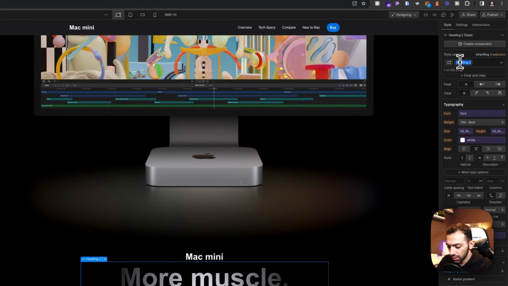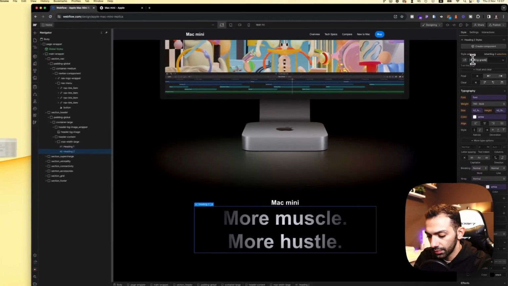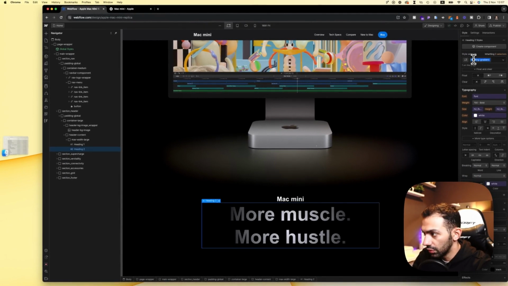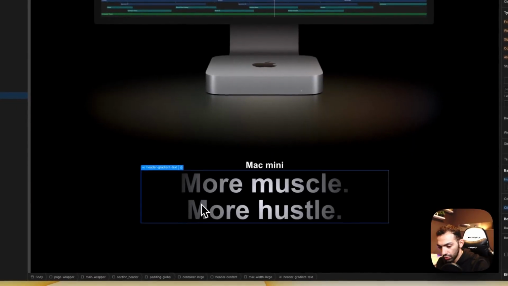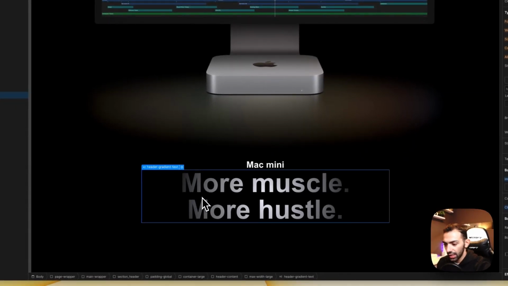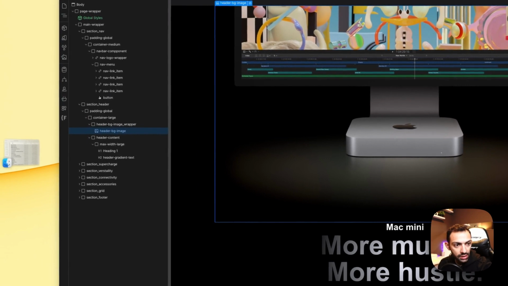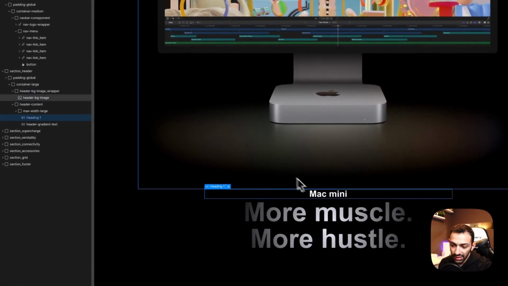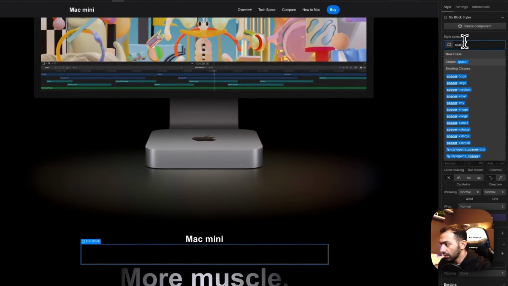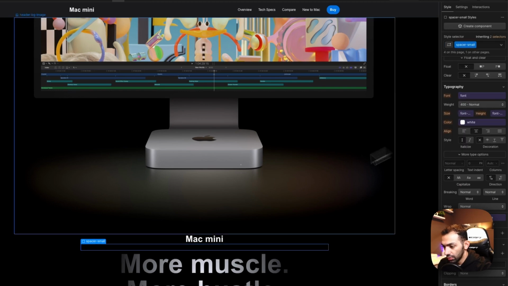Also, let's change. So let's call this heading gradient, or header gradient text. So I'm going to do the height as much as the size, so it just looks neater. And yeah, that's about it. Let's see if there's a bit of space. So maybe now in this case, let's add that spacer. So we have spacer, maybe small. Yeah,